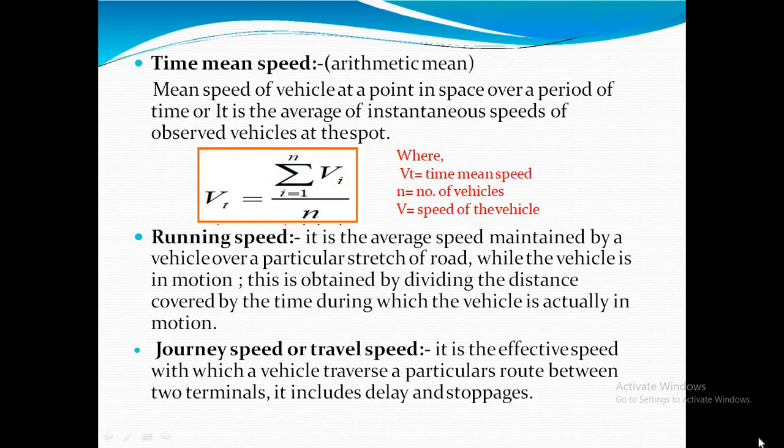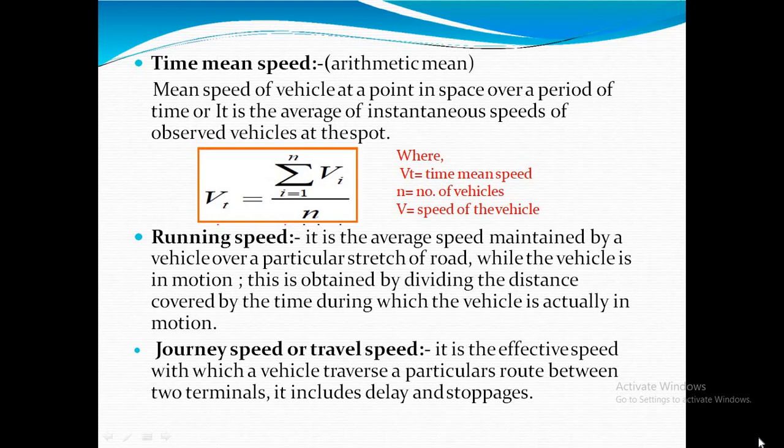So here Vt is the time mean speed, equal to summation i equals 1 to n of Vi upon small n. And the space mean speed is slightly lower than time mean speed in the typical speed condition on rural